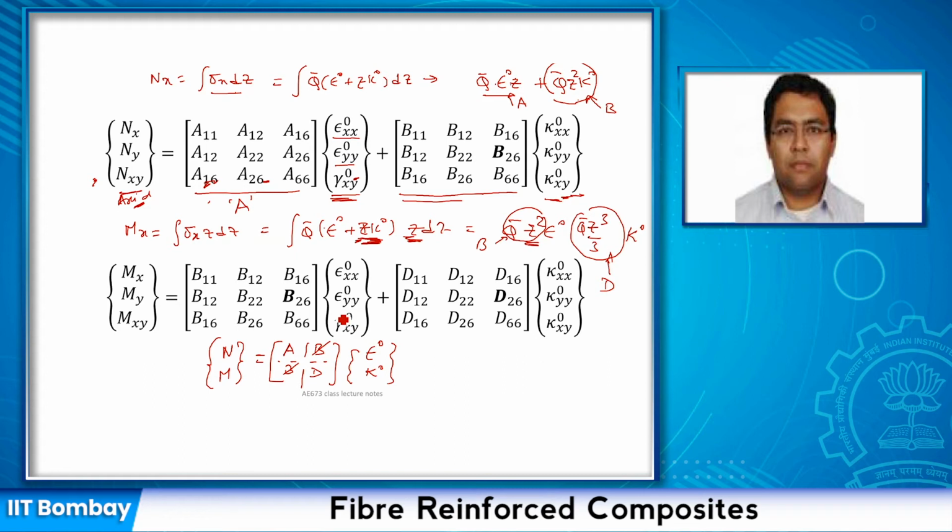I mean, I'm not asking you about anything purely from symmetry. If it is gone, symmetric matrix, n is equal to A epsilon naught. Yeah, it is not about symmetry or anything. The point really here is we were talking about coupling, isn't it? So what is getting coupled or what is getting decoupled when B is going to 0? See, if you expand this equation out, one second, where is my mouse? Yeah, okay. So if I expand this equation out, I'm left with these equations, isn't it?